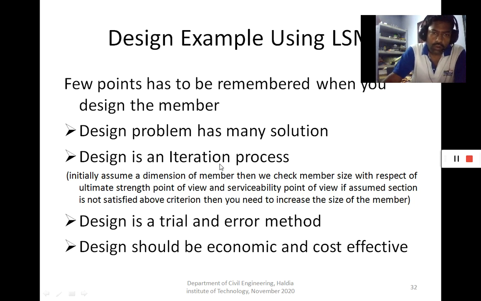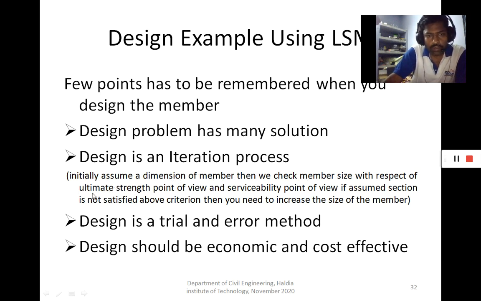So you already know the iteration process. In design also the iteration process is used to find out the suitable section.